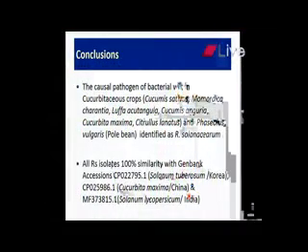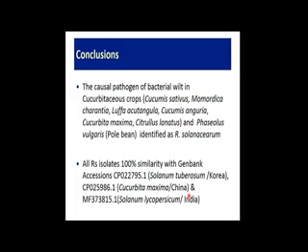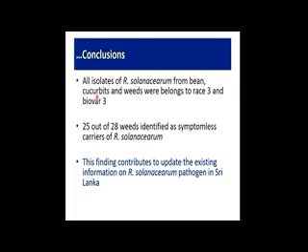Bacterial wilting in cucurbitaceous crops and Phaseolus vulgaris pole bean was identified as Ralstonia solanacearum, and all Ralstonia isolates showed 100% similarity with GenBank accession CP025986 in China and MF373815. And next, all isolates of Ralstonia and